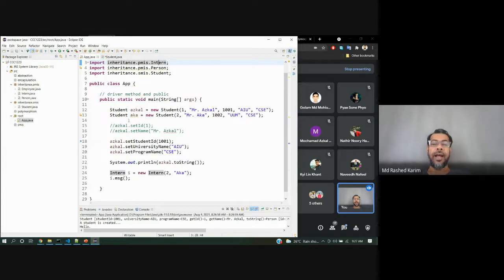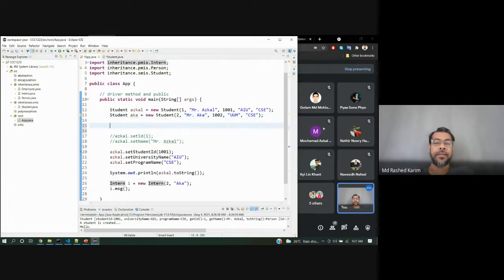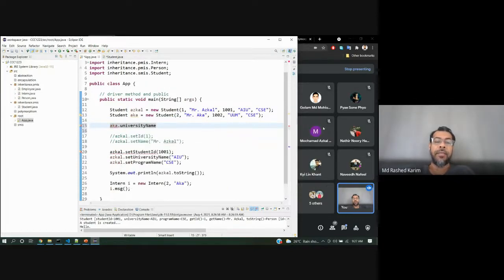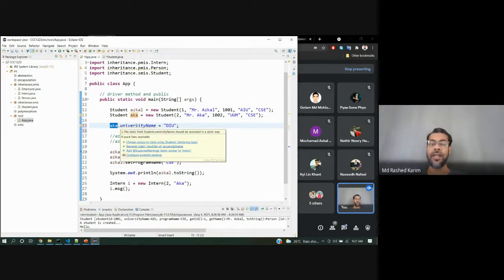So when I declare this, for Ascal dot university name, you see, if I want to put DIU, what is the problem? The problem is you cannot use this object because this is not an instance variable.